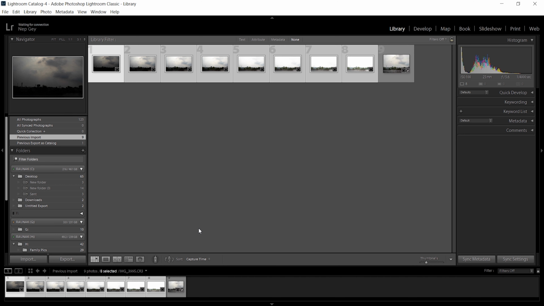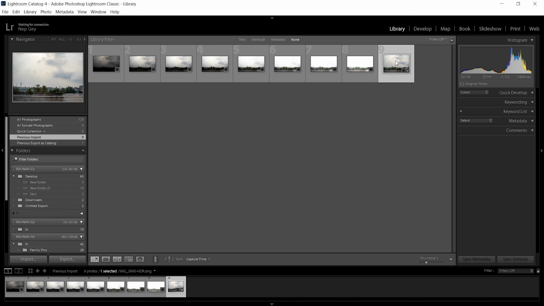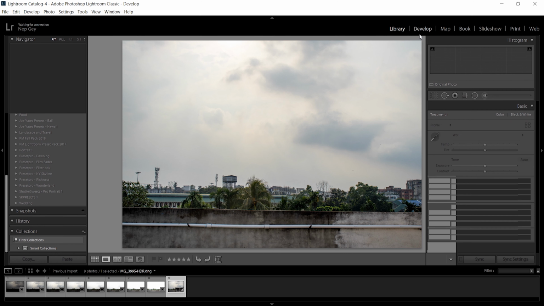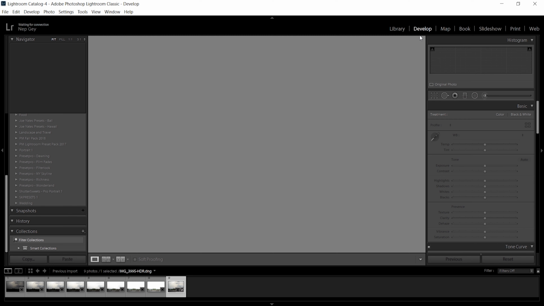So our HDR image is created, and as you can see, it has appeared here. Now since all of the images shot were in RAW format, the HDR image created by the Lightroom will also be in RAW format. So that's an advantage. Now you get this nice image which is our HDR image, and it is all in RAW format. So you can now go to develop section and make all of the changes you make in a normal image.